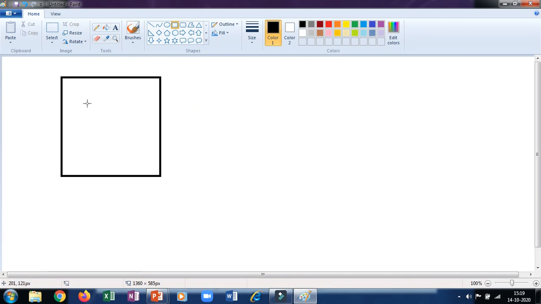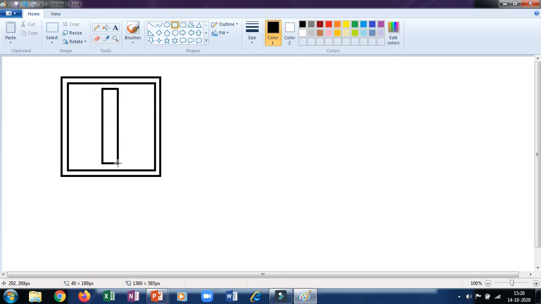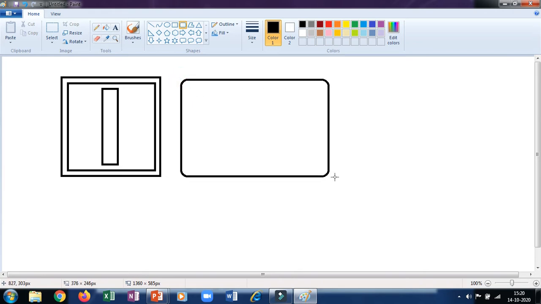If you want to draw a perfect square, please press the shift key and then draw. See, I am pressing the shift key, then I leave the mouse and then the shift key. This way you can draw a perfect square. So with the rectangle tool, you can draw a rectangle or square. Now here I am drawing a rectangle, so this time I am not pressing the shift key. Now let us take the rounded rectangle. See, I am drawing a rectangle with the rounded rectangle. Now you all can see the difference over here.